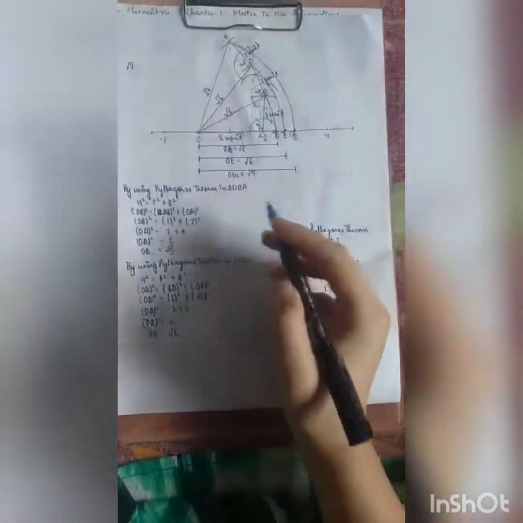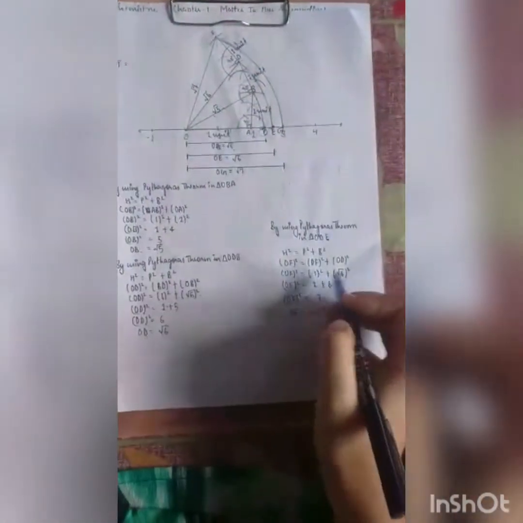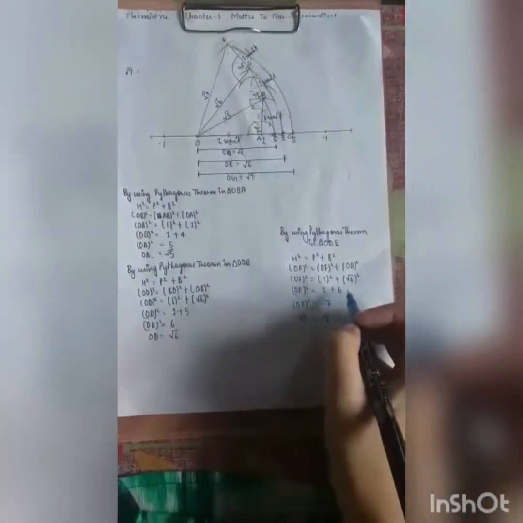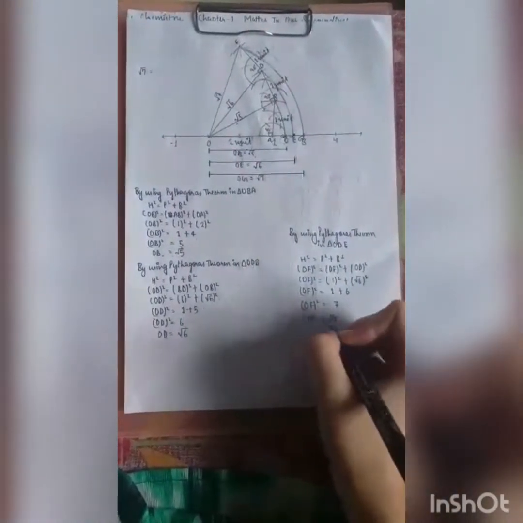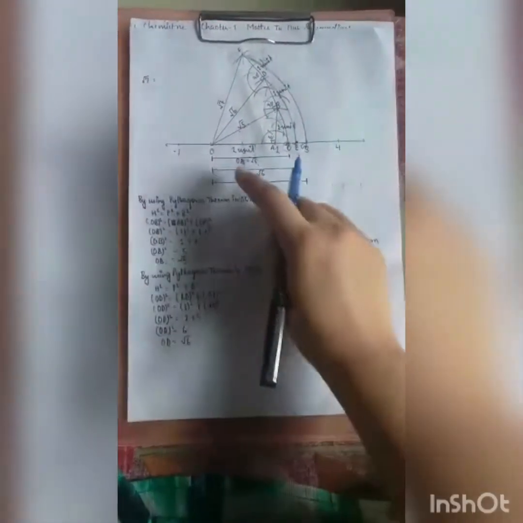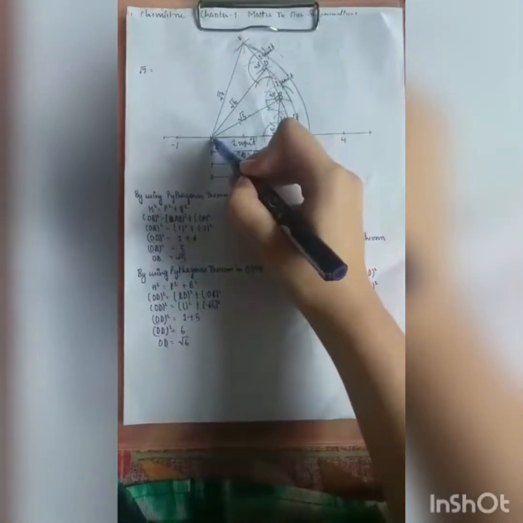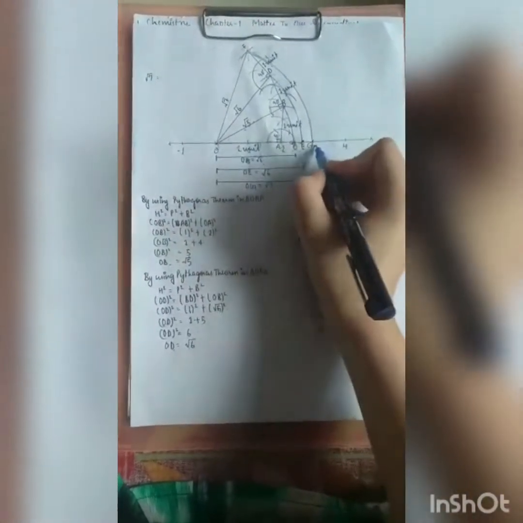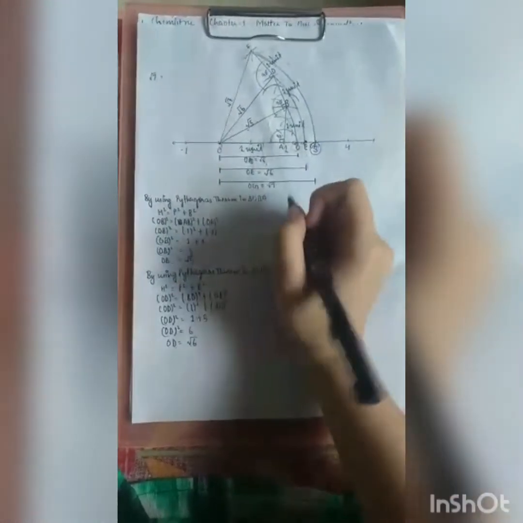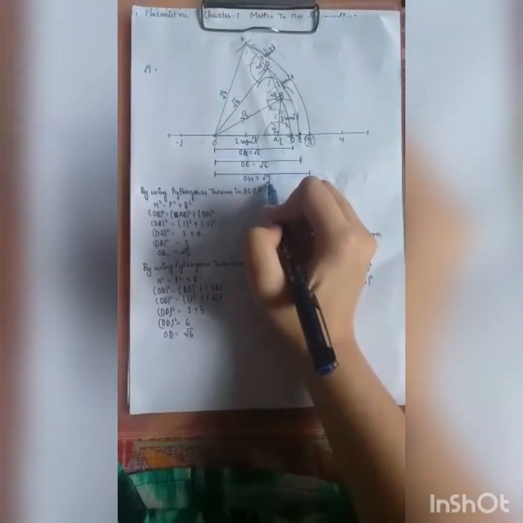So here perpendicular DF is 1 and OD base is root 6. So 1 square plus root 6 square is 1 plus 6 and OF square is equal to 7 and then OF is equal to root 7. And to represent root 7 on number line, take your compass point at O and draw an arc to number line, and this specific point is root 7 and OG is equal to root 7.